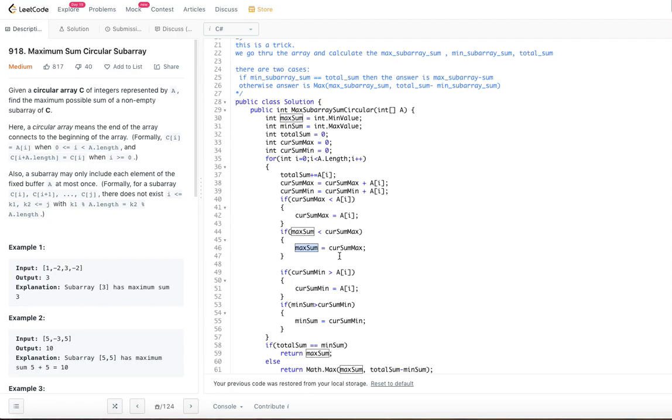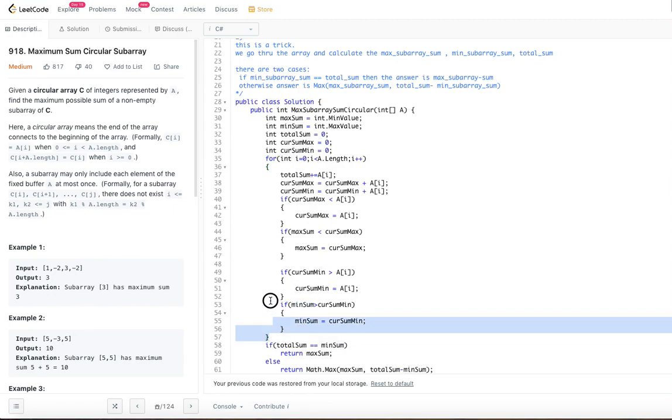In the same way, for min calculation we look in the opposite way. We check if A[i] is less than current sum min, then we update the current sum min to be the lesser value. We do not want current sum to be a higher value, right. In current sum min we are trying to get the minimum possible, and in current sum max we are trying to get the maximum possible from the given array. Now if current sum min is less than the min sum, we have to update the min sum with current sum min, that is it.